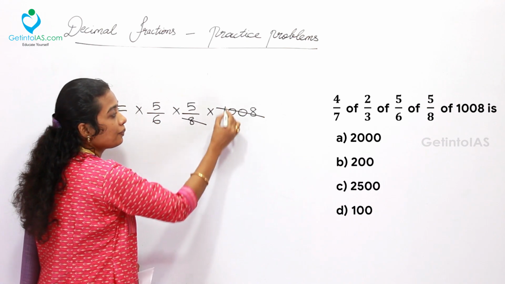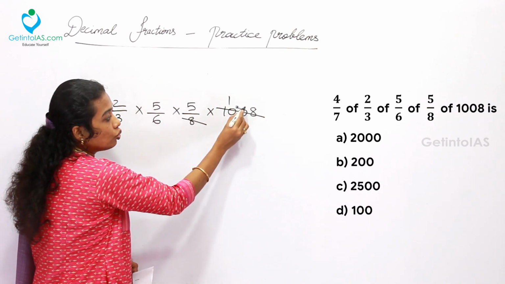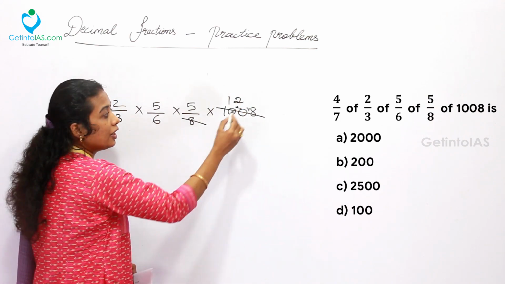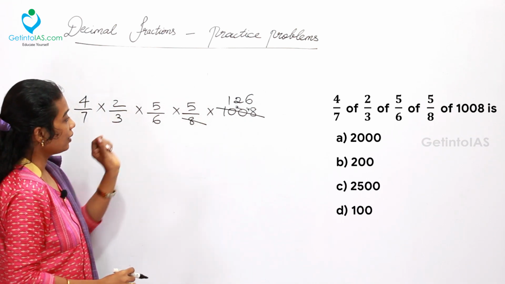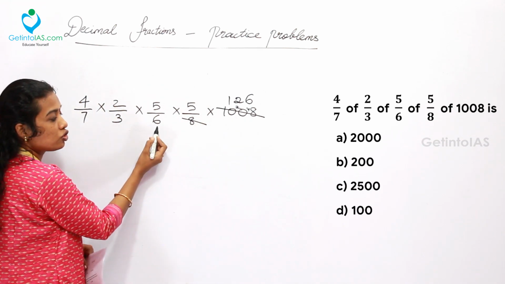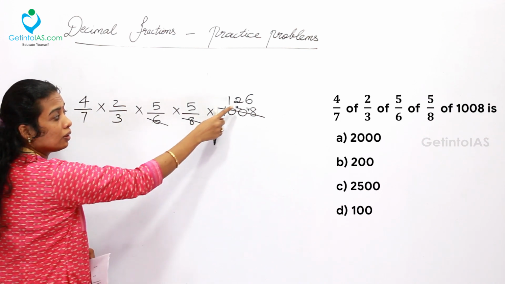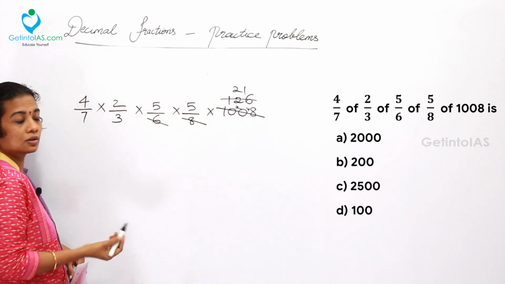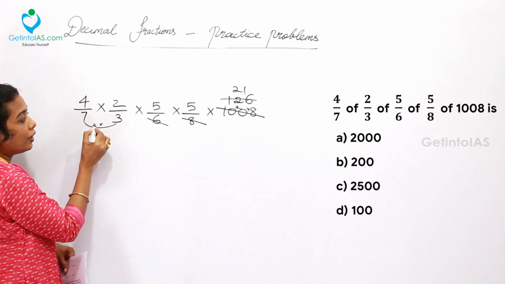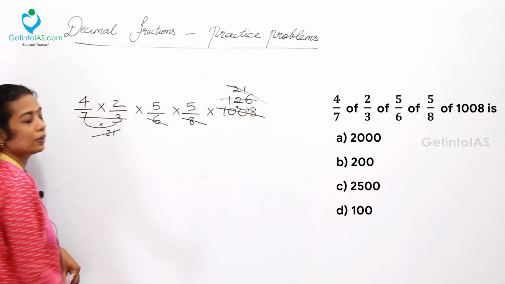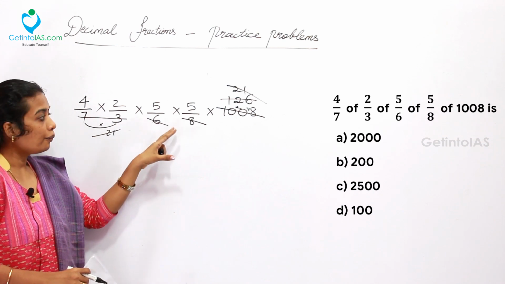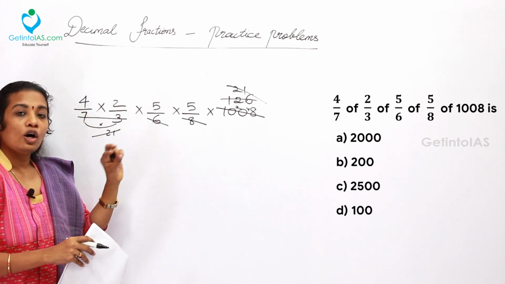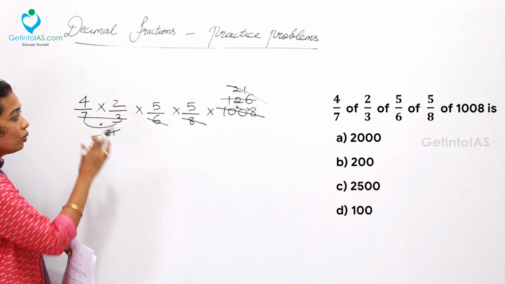So how many times? Let's check. 1 time 8 is 8. The balance is 2, 20. So 2 times 8 is 16. Balance 4. So 6 times 8 is 48. Then the next thing, 6, 3 and 7 are there. Let's check. 6, yes, definitely 2 and 3 are divisible in 126. 6 is also divisible. 2 times 6 is 12. 1 times 6 is 6. That's all. 7 into 3, which is 21, right? Directly I can cancel 21 and 21. This is the easy way of doing it properly. While doing more and more practice, you will get an idea of how to solve easily to get a desired number. Now easily we have solved.